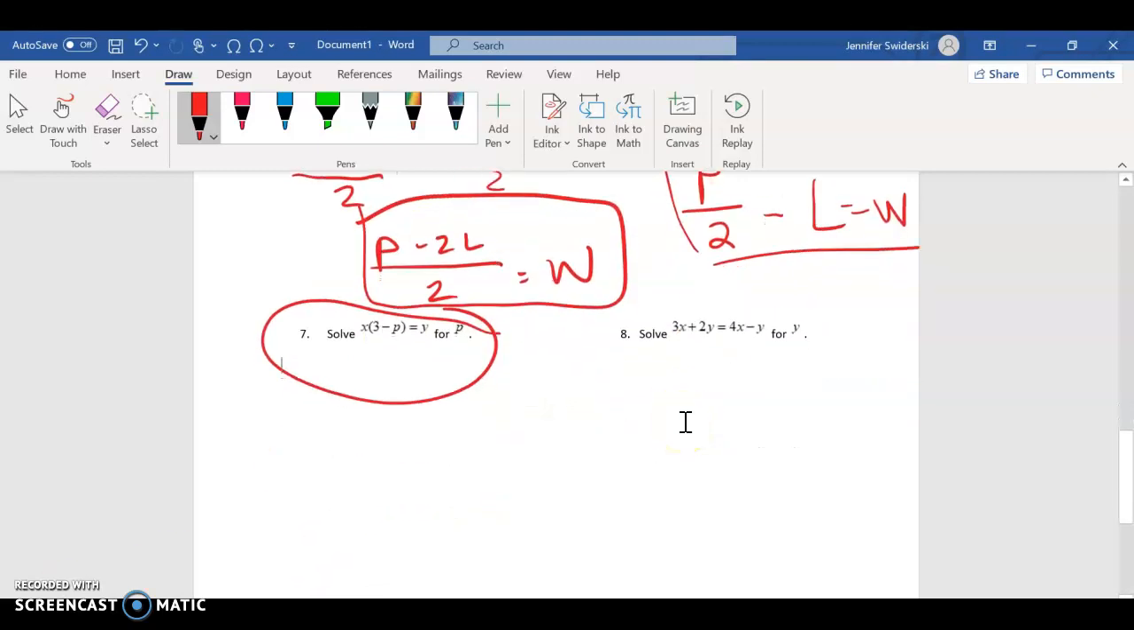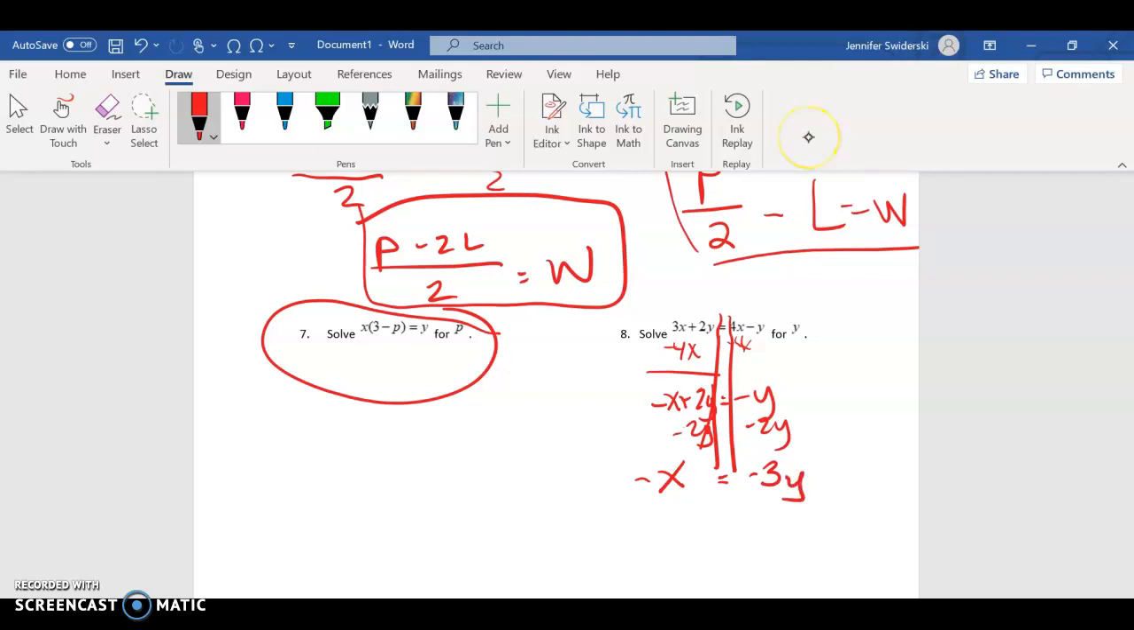Number 8 says solve 3x plus 2y equals 4x minus y, solve for y. I always start by drawing in my railroad tracks. I'm going to subtract 4x on both sides. You get negative x plus 2y is equal to negative y. I'm going to subtract 2y on both sides. I'm left with negative x is equal to negative 3y. Divide both sides by negative 3. When I do that, I'm left with x over 3, because a negative divided by a negative is a positive,